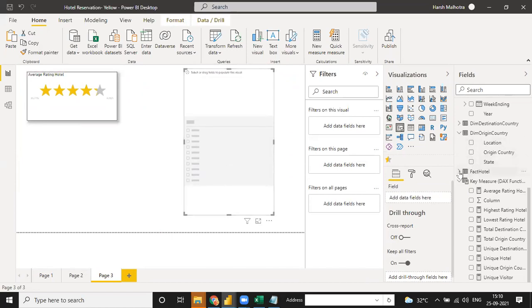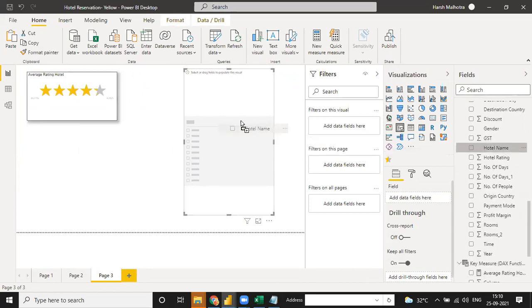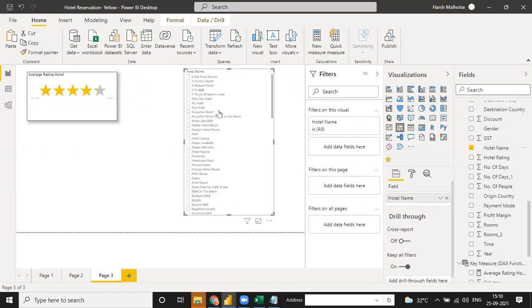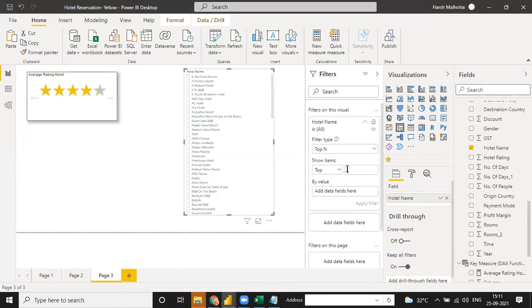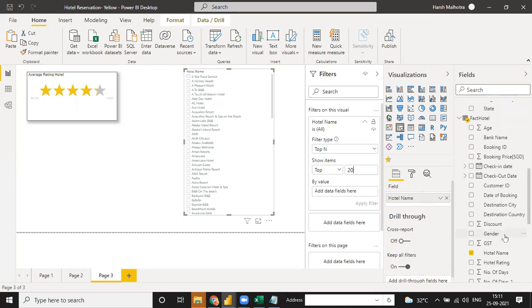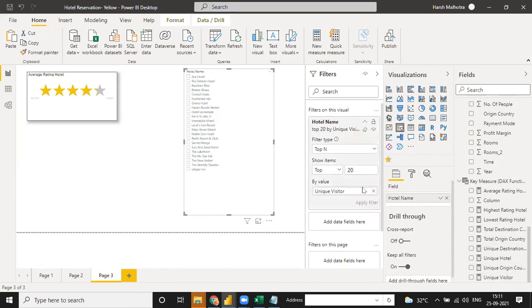For making the slicer, if I need the hotel name, in the slicer I can use only the top 20 hotels, top 20 on the basis of unique visitors. And when I click on any one of these, everything will change together every time.